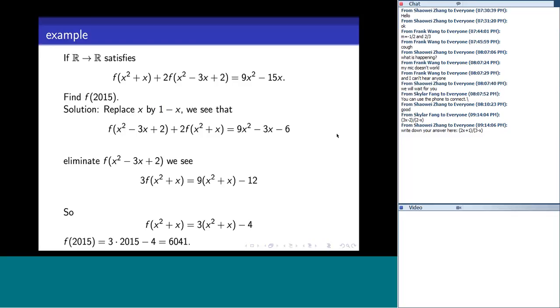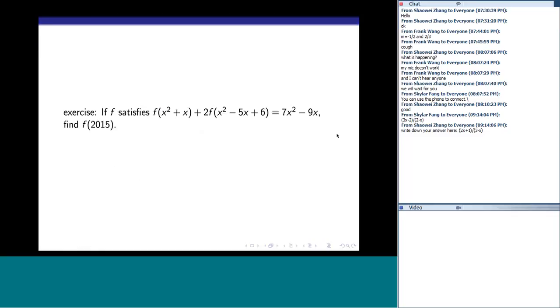Okay, now we're doing one exercise. If f specifies this, find F(215). Okay, after this exercise, we do